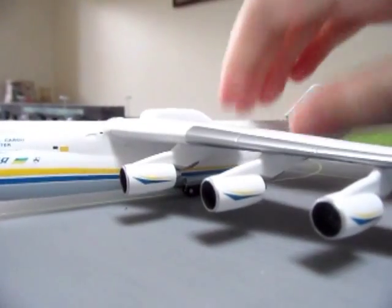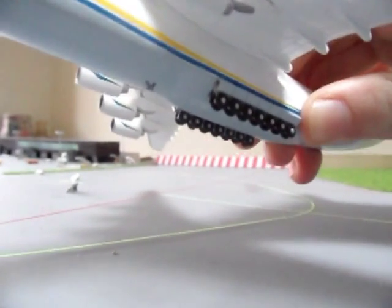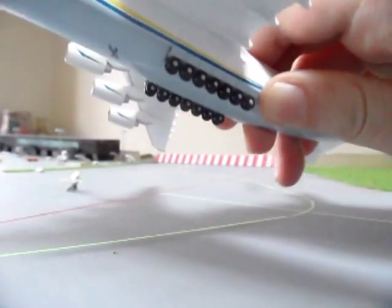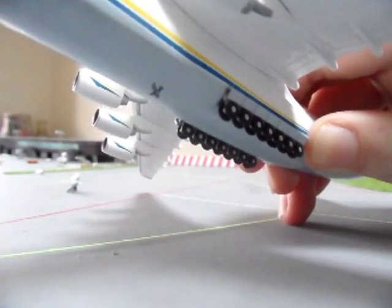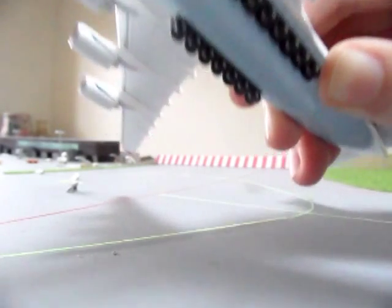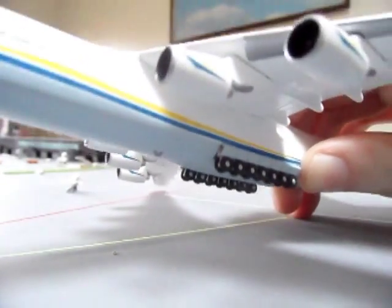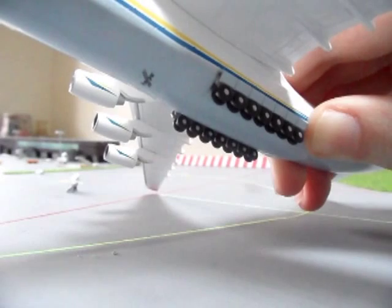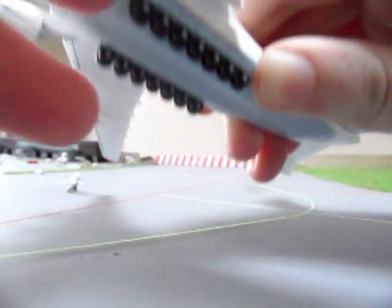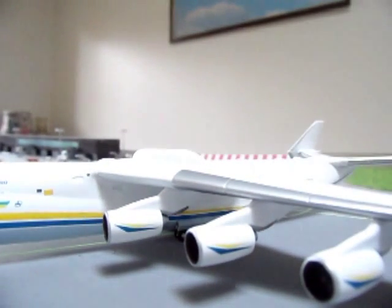But yeah, in total, the undercarriage, you can see there, mass of undercarriage. I think it's actually got a total of 32. So I'll just count them for you to double check. We've got 4 at the front. When I say undercarriage wheels, I mean each individual wheel, not a set. So you've got 4 at the front, because you've got 2 sets, and then you've got 1, 2, 3, 4, 5, 6, 7, 8. 8 times 4 is 32. Oh, it's actually 36. It's 32 on the main gear and 4 on the nose gear, which totals the entire quantity of wheels to be